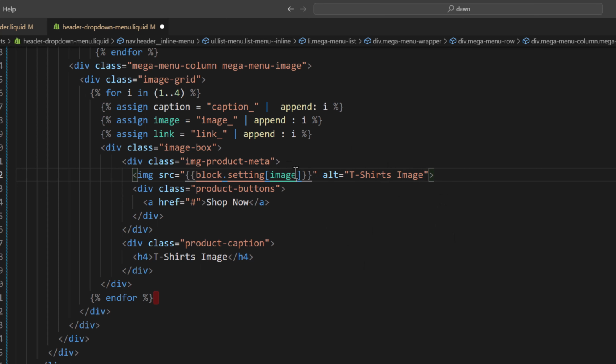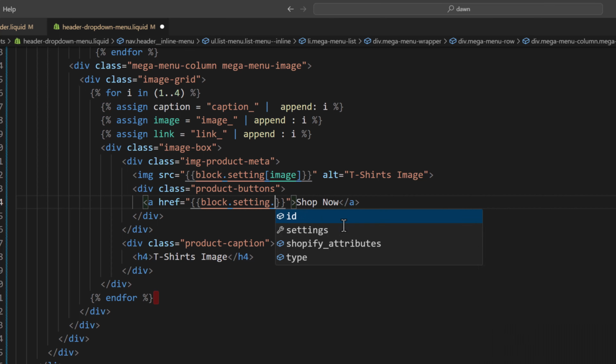So this is the variable that will change every time you loop through. So here I will say block.settings.image brackets link,